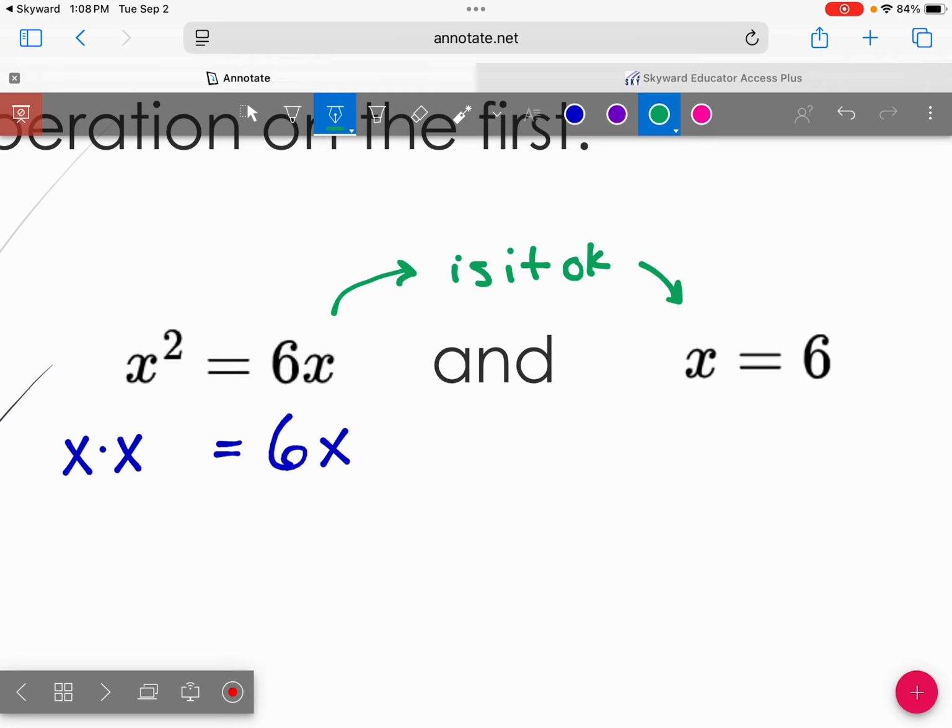So is this okay? Nah. What did they do? They divided literally by x. We can add and subtract and multiply and divide by a lot of things, but we try really, really hard not to divide by x's. Why? Because dividing by x is like